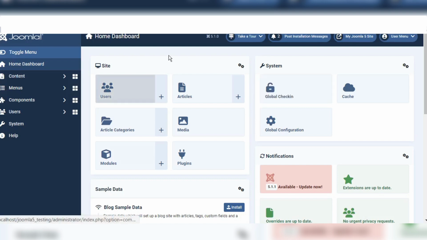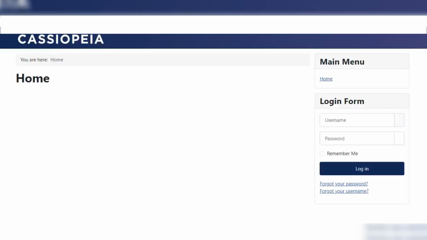So now I have logged in as an administrator in my Joomla 5 site. If I go to my Joomla 5 site, here you can see this is now my home page. Now I want to add a registration page, and when we fill the form and register,